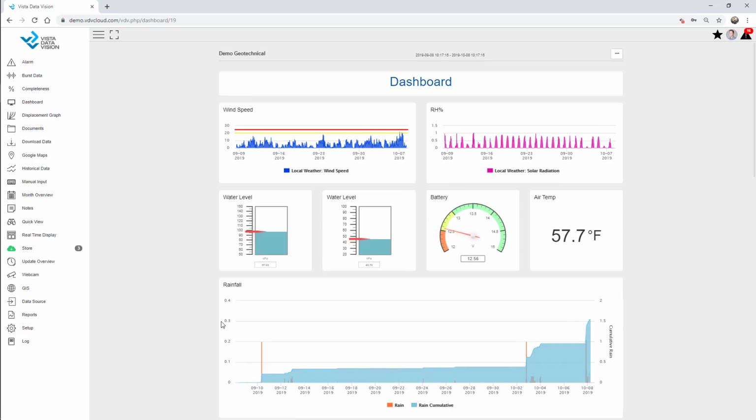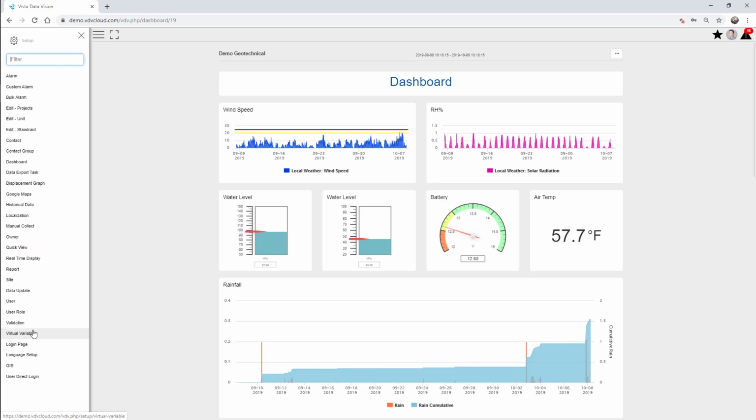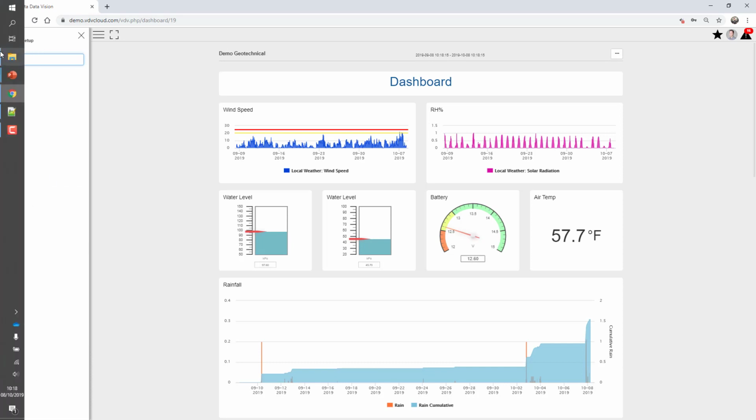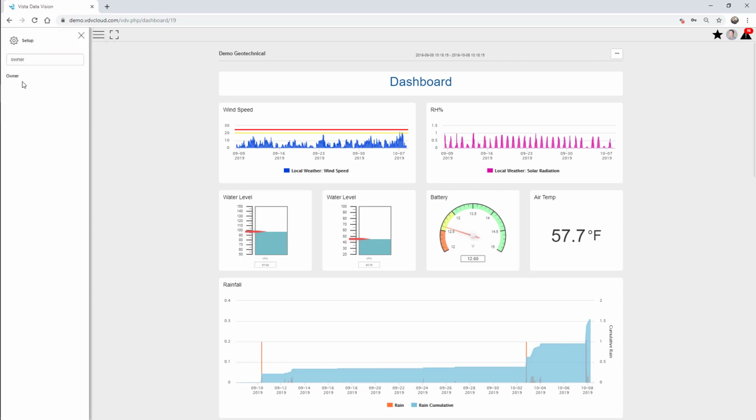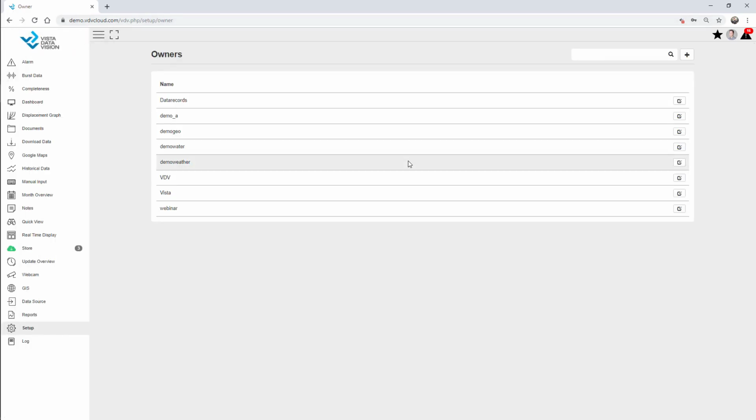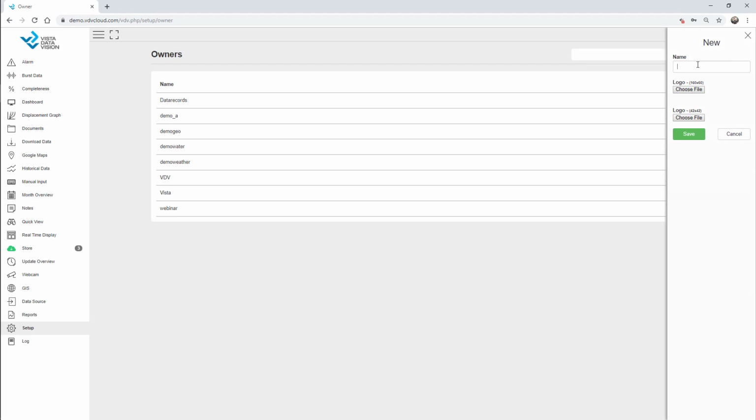So before we get started, before we import any data, we are going to create a new project. We need to create a new owner. If I'm going to do any configuration or any changes in the system, I will find that under the setup. So I simply click setup and I can use the filter to locate my owner. Here I have a couple of owners in my system, but I'm going to create a new owner, which is simply going to be